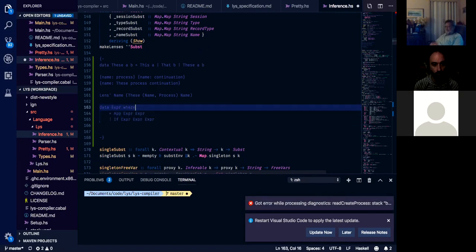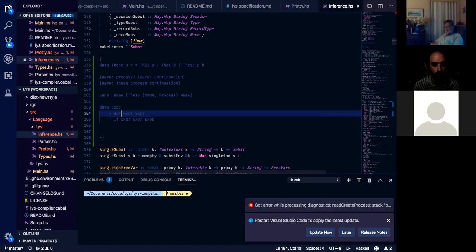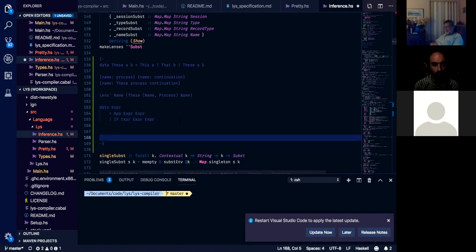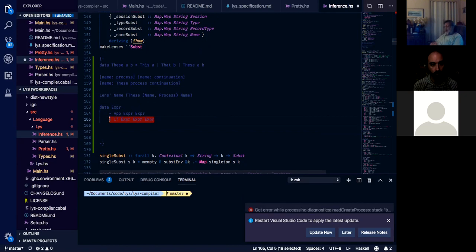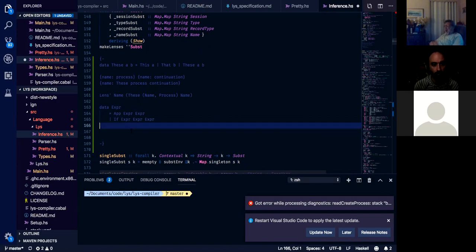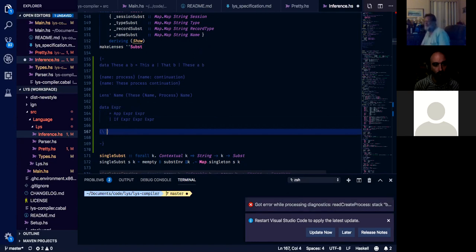So you would want to make this disappear when you drop the syntactic sugar, and so you can write just lambda boolean, well, case b of